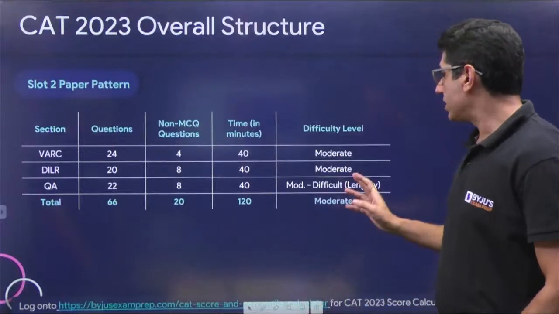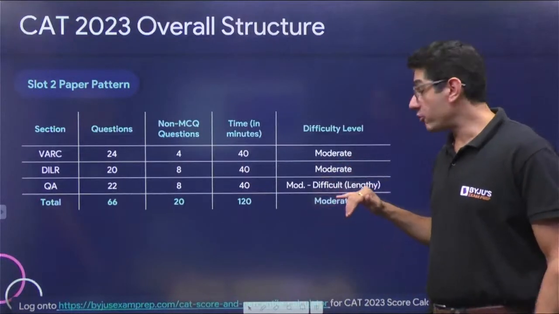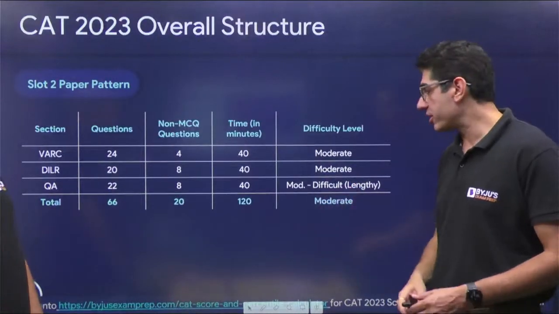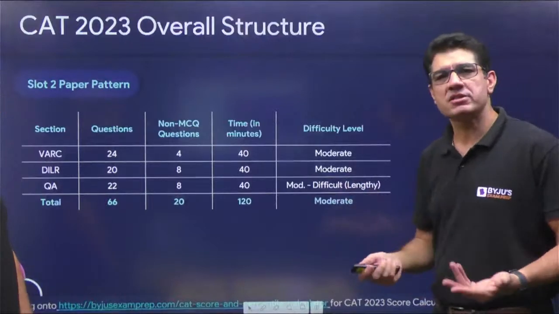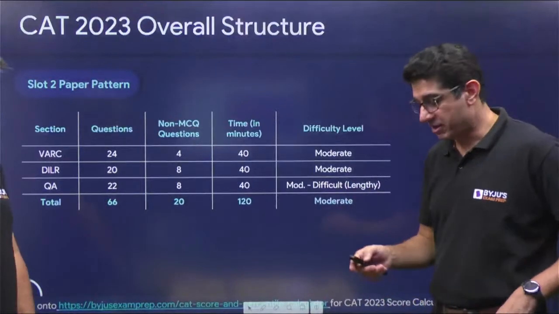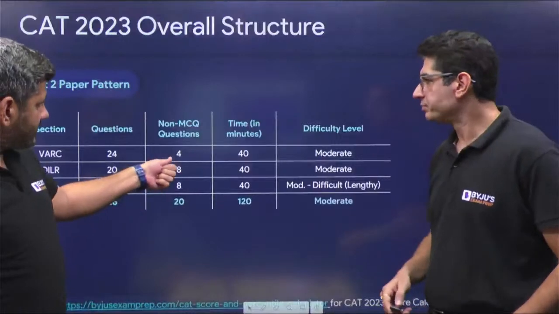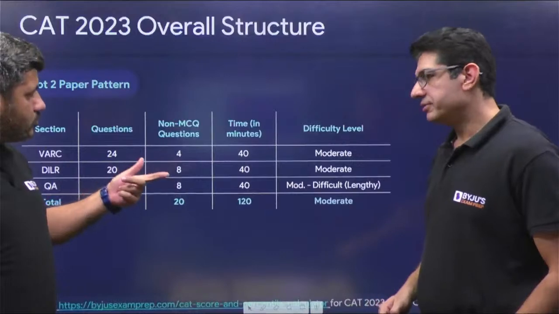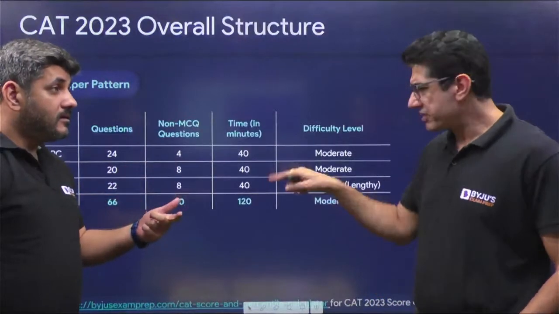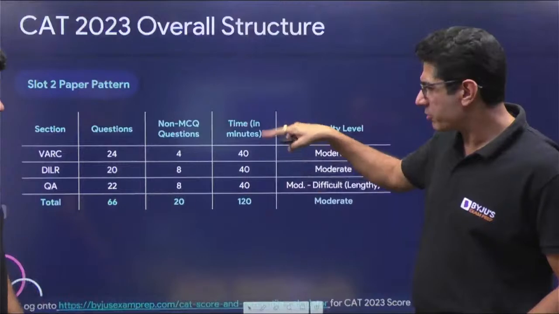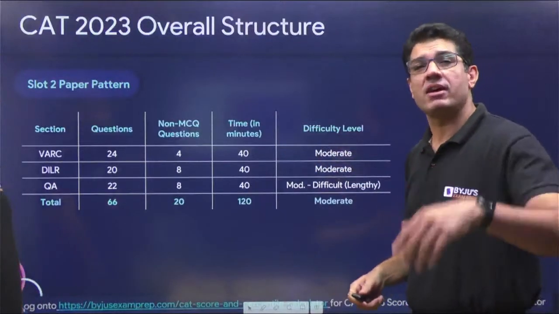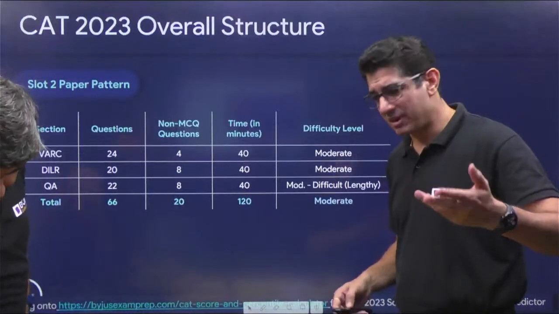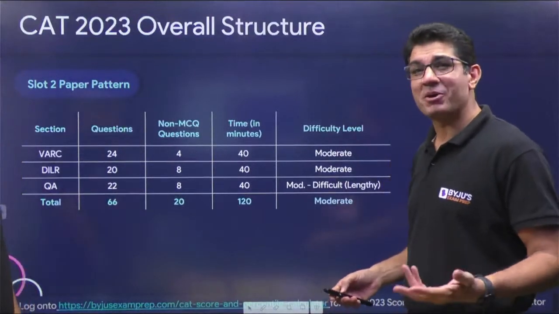Absolutely. The only change is in the difficulty level for one of the sections for sure, where quant has moved into the territory of being moderate to difficult, whereas DILR was moderate, although I thought that maybe a couple of those. But once again, as we were discussing, out of these 4 questions, of course, there is an extra question, but those 2 questions are odd one outs. Those were paragraph. I think when we have the breakup, we'd probably pick that up. And then, did you also notice that there was a question with an asterisk and it was marked mandatory? I don't know why and how, what that was. So that came out of the blue.